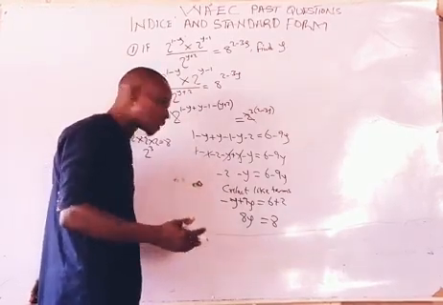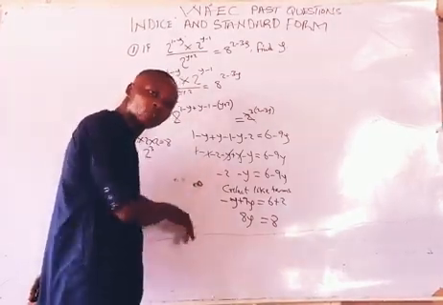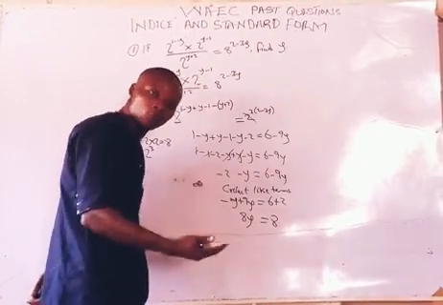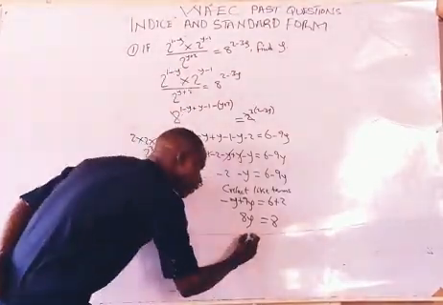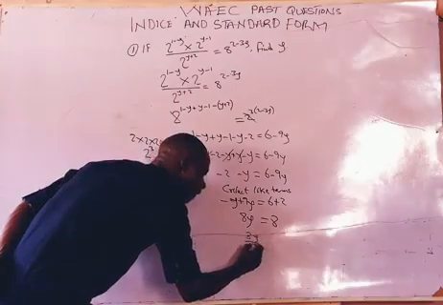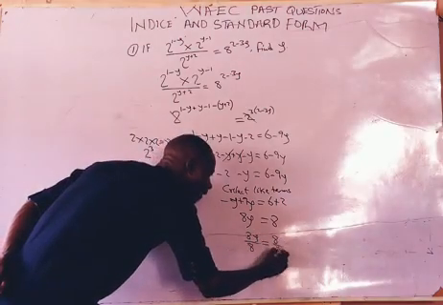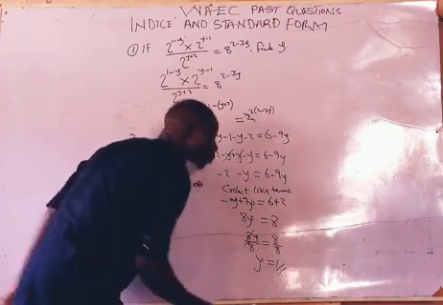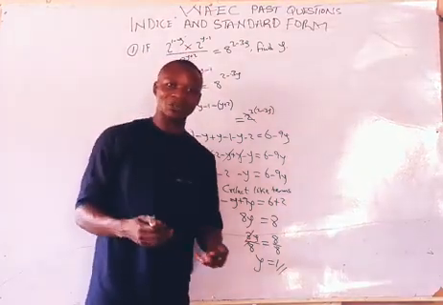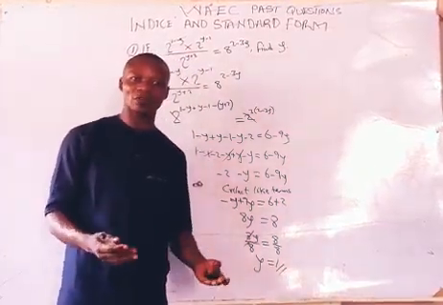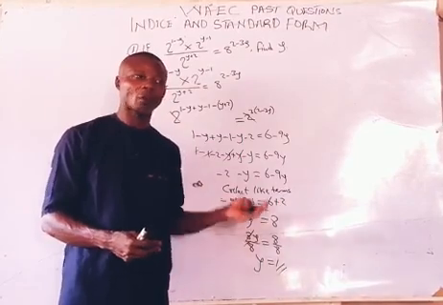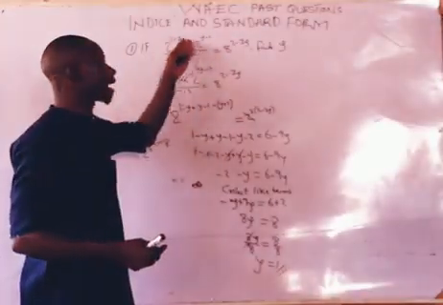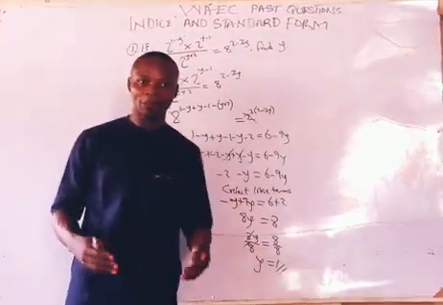So what will happen is that we divide both sides by the coefficient of y in order to find the value of y. So this will give us 8y divided by 8 equals 8 divided by 8. This will cancel this, meaning our y is equal to 1. So this is just a WAEC question from the objectives under indices and standard form. I believe with this one